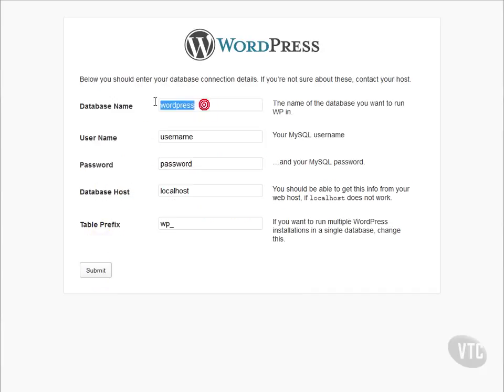And let's go. The database name is VTC. And the user is the same, so we'll just copy that. Grab the password. Localhost is normally acceptable for the database host. There are some hosting environments where you're given a specific database host to use, so you should be aware of that if you're using one of those hosting environments. GoDaddy is known for using a different database host, as is Rackspace, I believe. So there's our information here, so let's click Submit